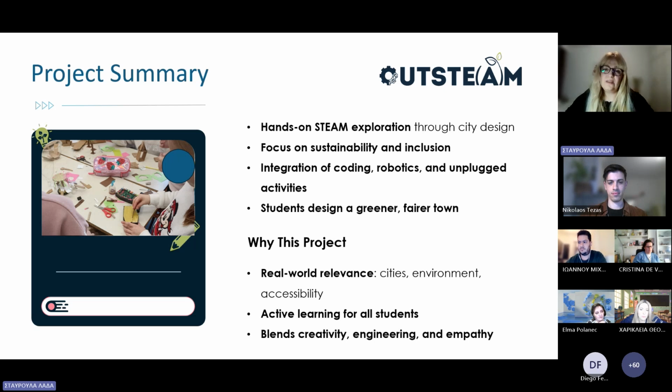It is a project that invites students to design their own inclusive, eco-friendly town. They build physical maquettes and create digital animations in Scratch, and they use a Bee-Bot and Codirobi to explore algorithms and navigation.